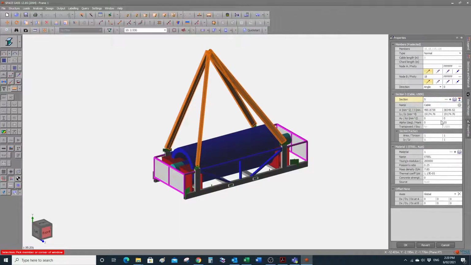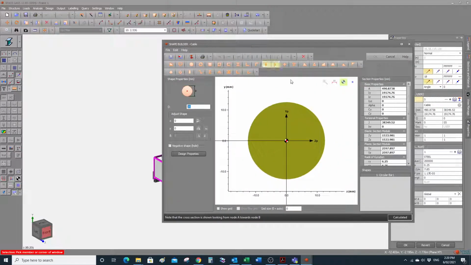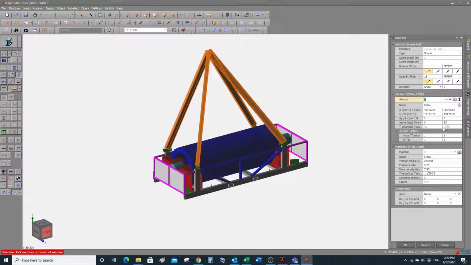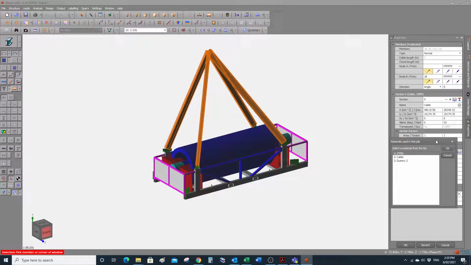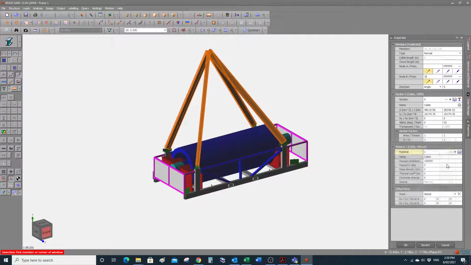It's named cable. It's a round section with a 25 millimeters diameter. You can use your own suitable sling. And for the material I have already created a cable material with a realistic sort of Young modulus, and